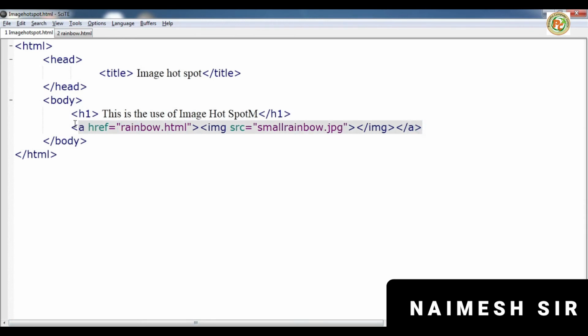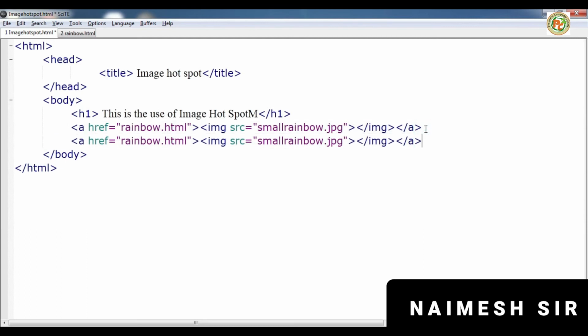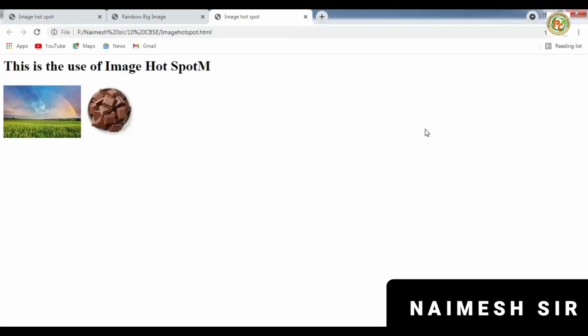We will select this, Ctrl C, and paste it here. Instead of rainbow we type chocolate, because we will open the chocolate.html file here, and the small chocolate image should display here.